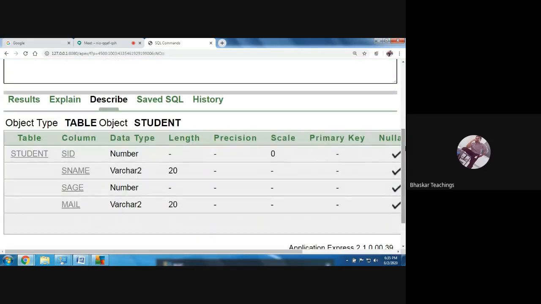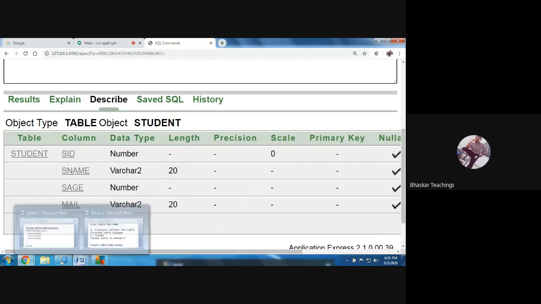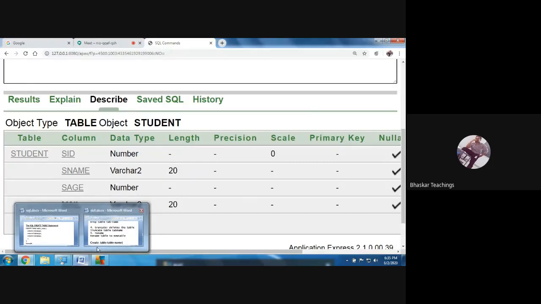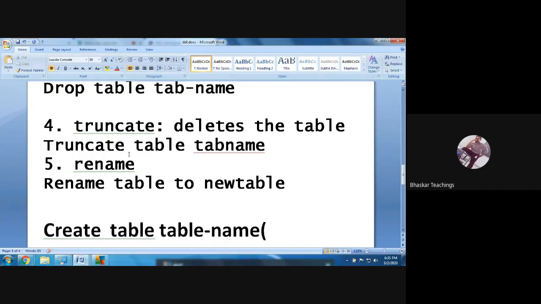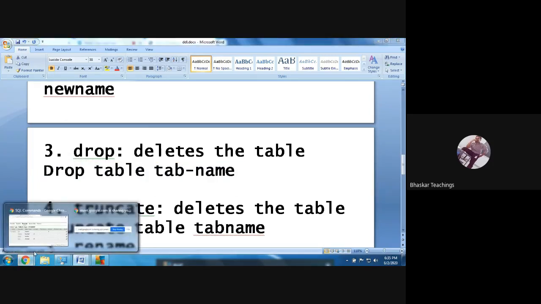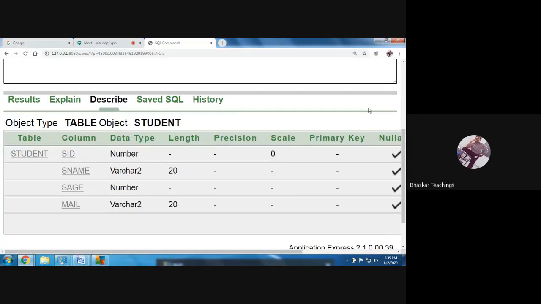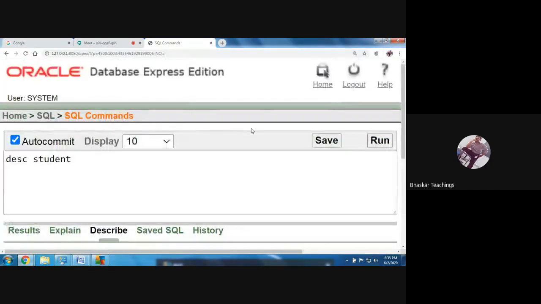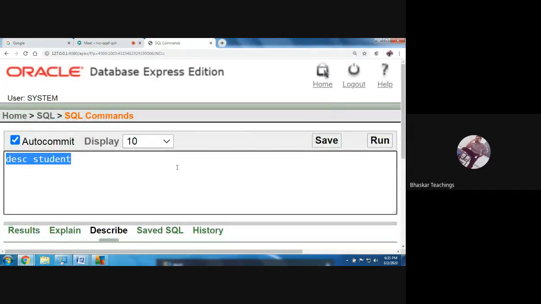And the last one is drop. Truncate we are going to see after we have entered the data. So what I told you, the syntax of the drop command is drop table table name, as simple as that. Drop means deleting the table completely from the database. So be careful while performing the drop operation.